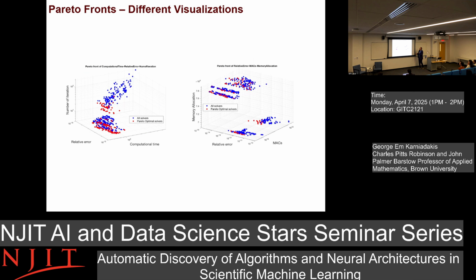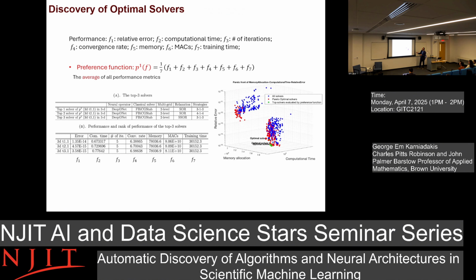This is in 7-dimensional space, so I have to project in 3-dimensional space to see. But you can see that this surface is not even continuous. And there are 3 different visualizations depending on the measures that you're using. So you can always find the Pareto front. Here's an example. Somebody who is conservative wants to equally weigh all the 7 metrics, right? So it's the average of all the performance metrics.